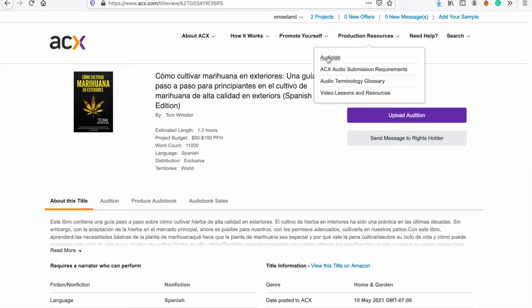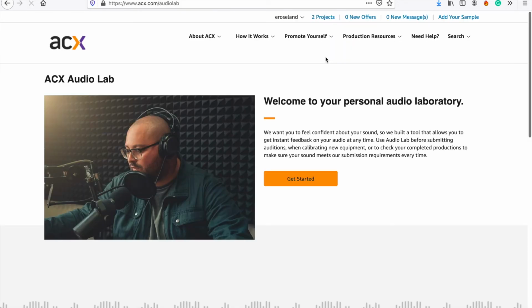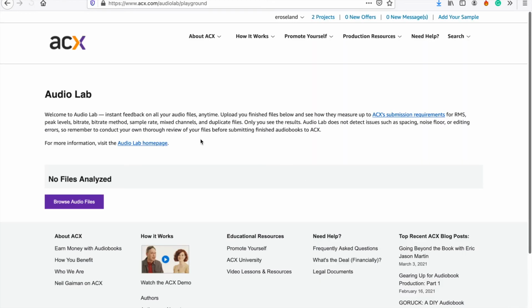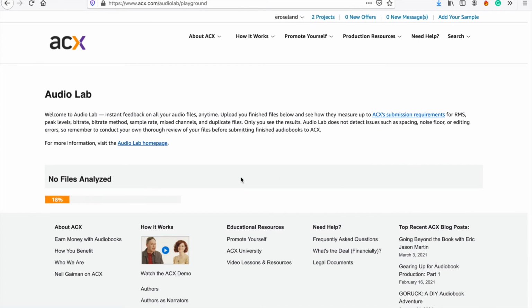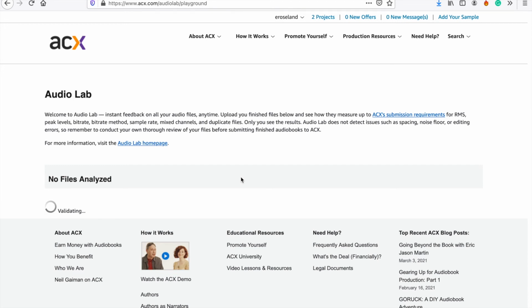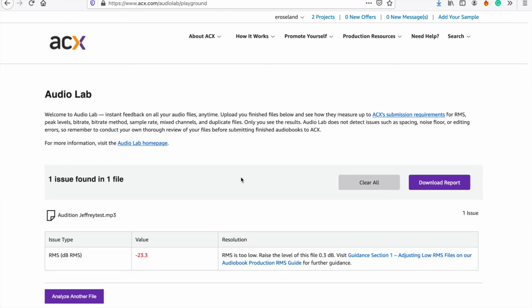Okay, so now once we are here, before you load up your audition, I would recommend you to open Audio Lab. It's under Production Resources, Audio Lab. Get started. So this is where you download your audio. Now all this Audio Lab does is just make sure that your audio is good. If there's anything wrong with it, it will let you know, so that way you won't have any problems when you actually load up your audiobooks